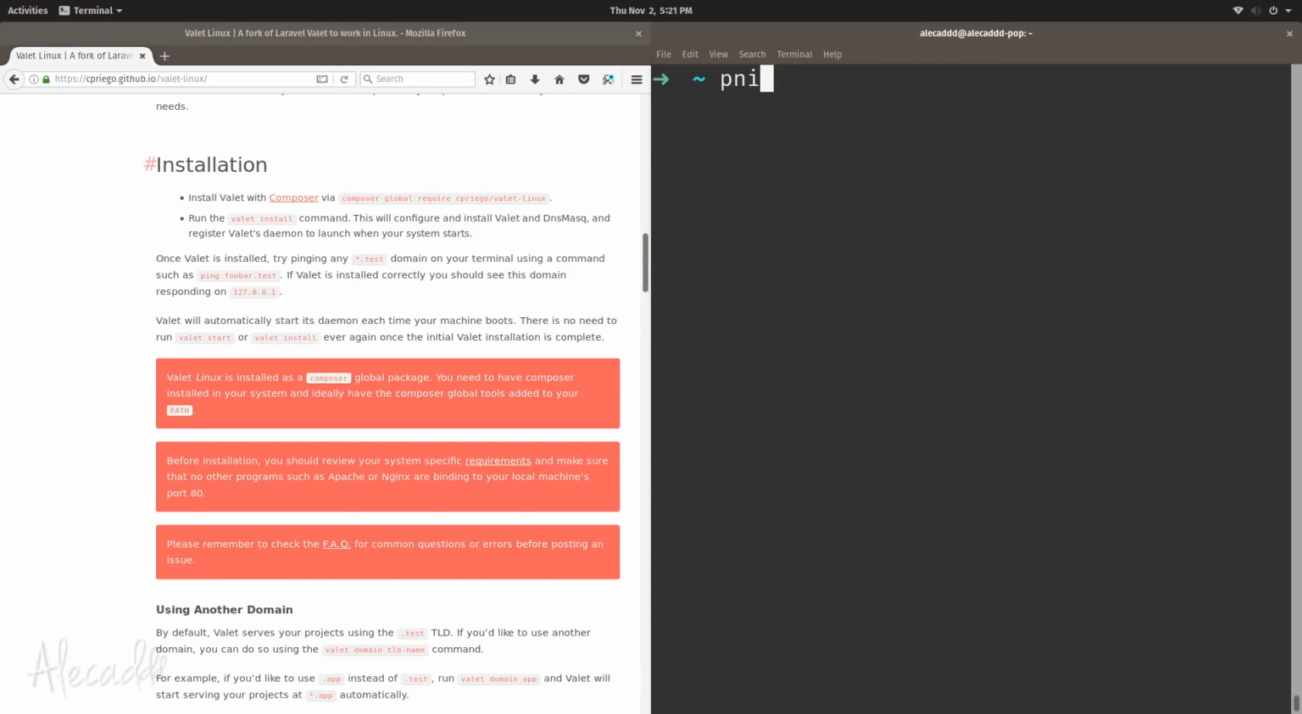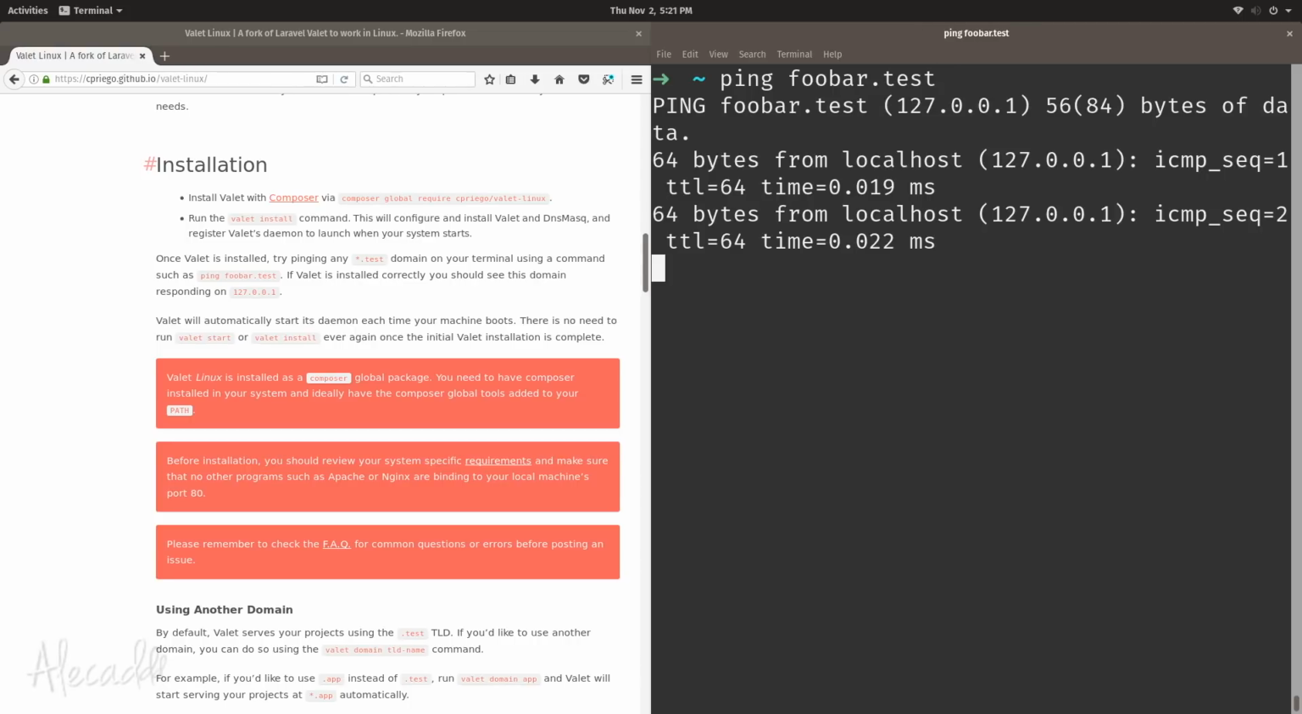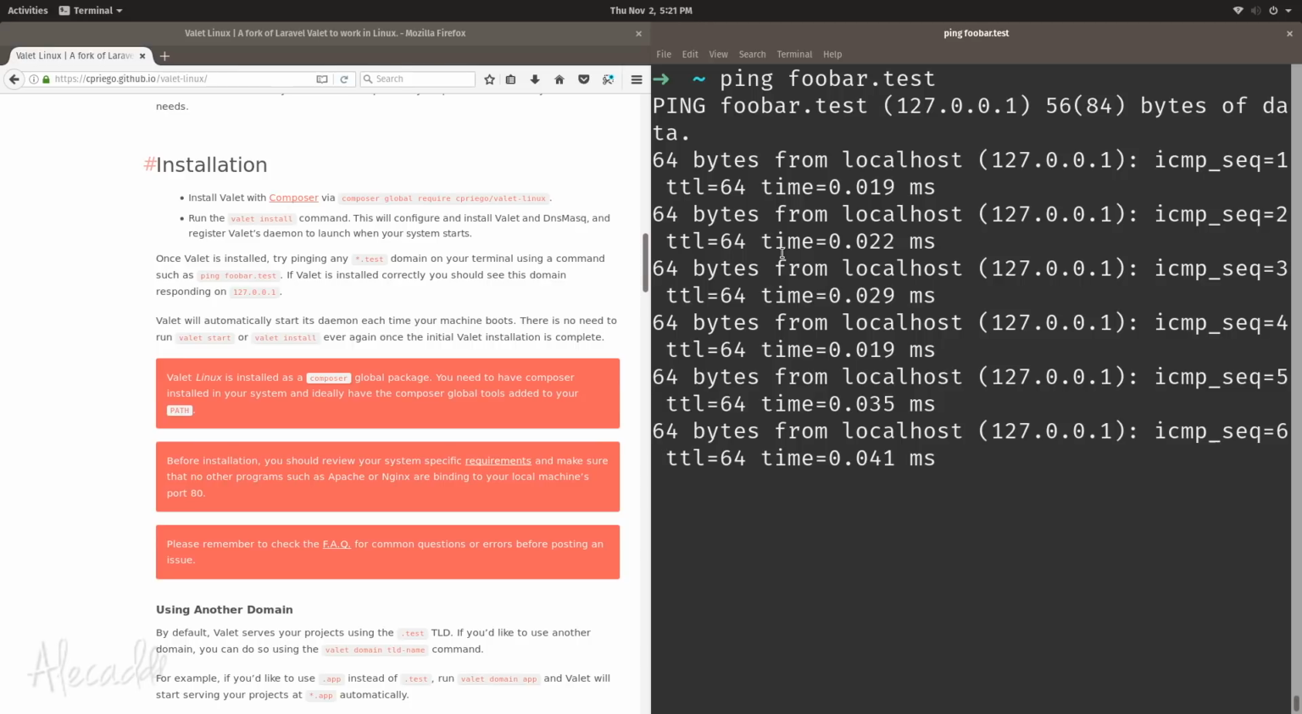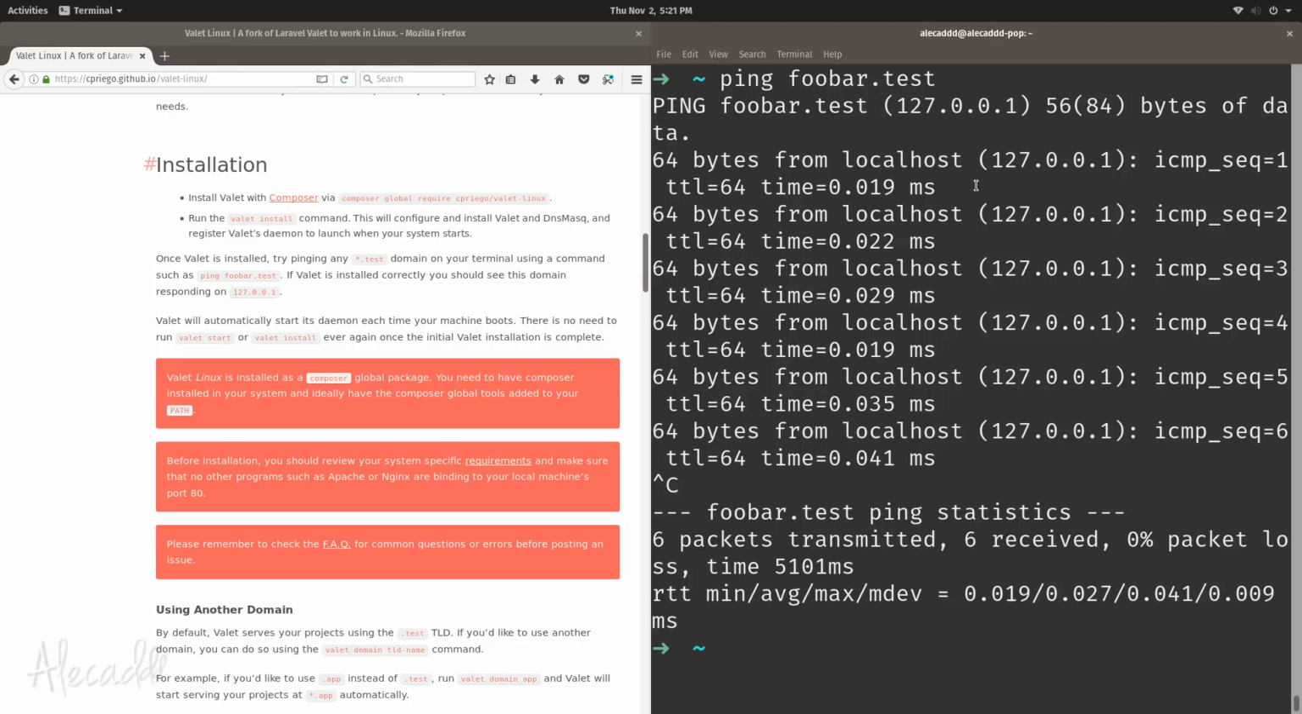So let's say ping foobar.test, a totally made up name. That doesn't really exist, but if we ping it, look what happens. We're gonna get a bunch of packets, a bunch of bytes. So let me interrupt it because it gets really annoying. We're gonna get a bunch of packets sent to